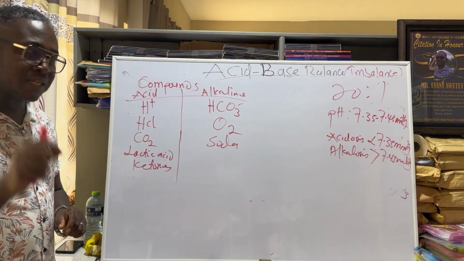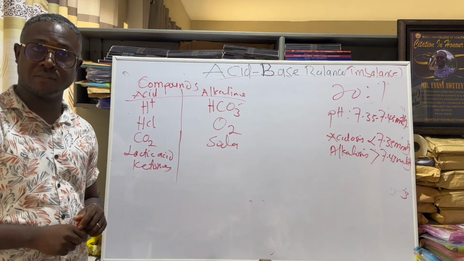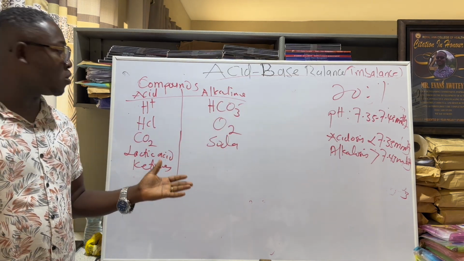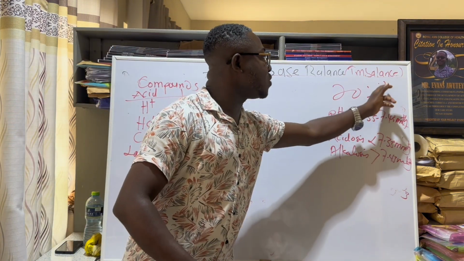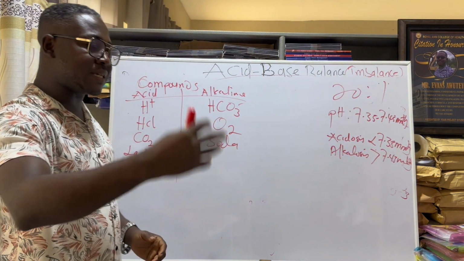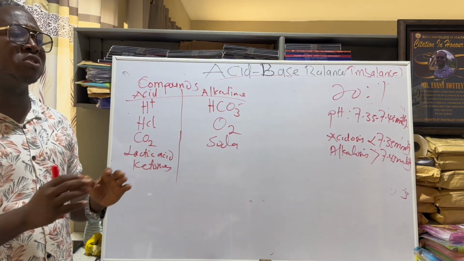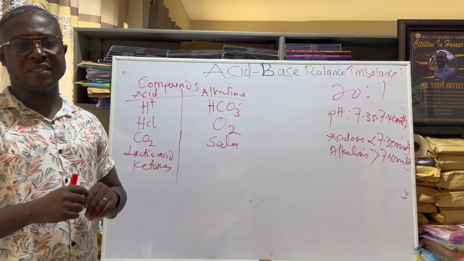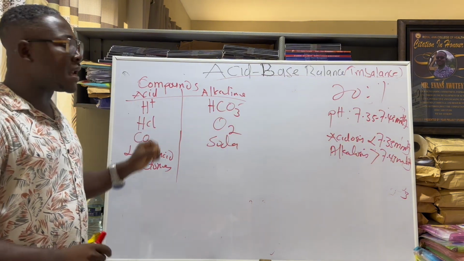So that patient, the nurse has to monitor for what? Alkalosis. Because that person is not producing acid. That means that the ratio of the acid level is going to change. And so that patient is at risk of what? Alkalosis. But to determine whether it is respiratory alkalosis or metabolic alkalosis, we are now going to start